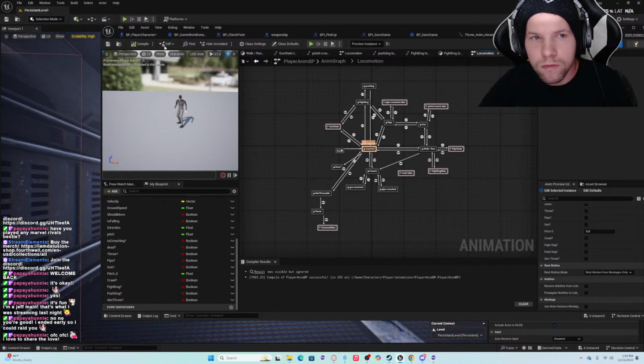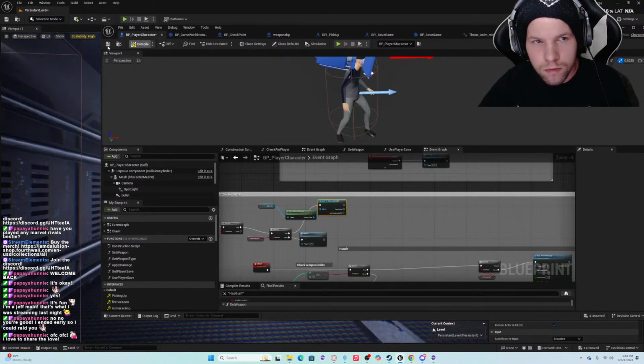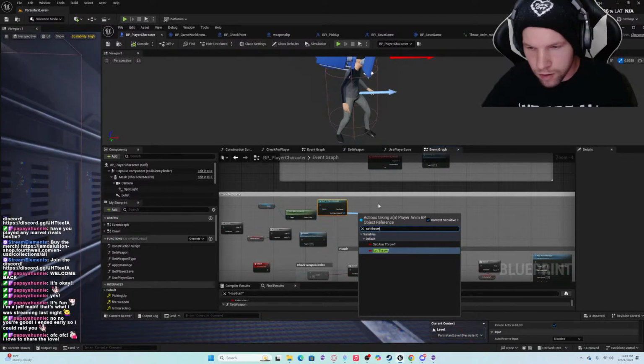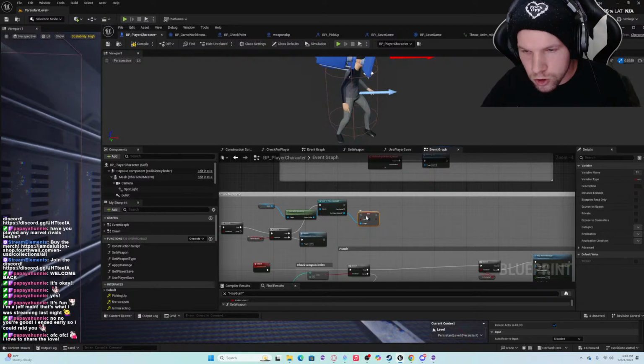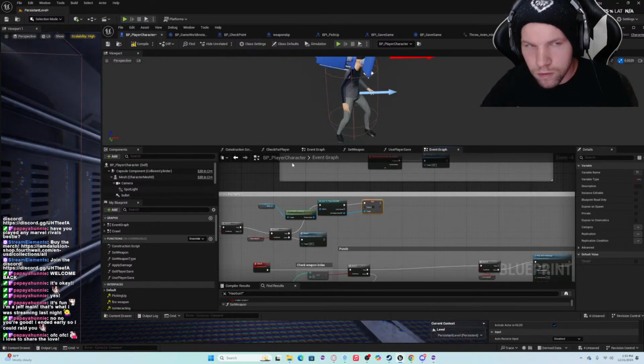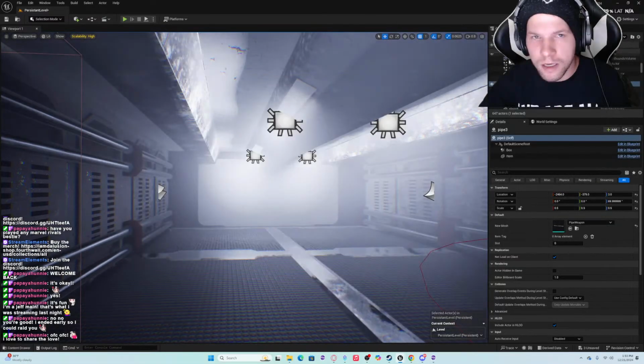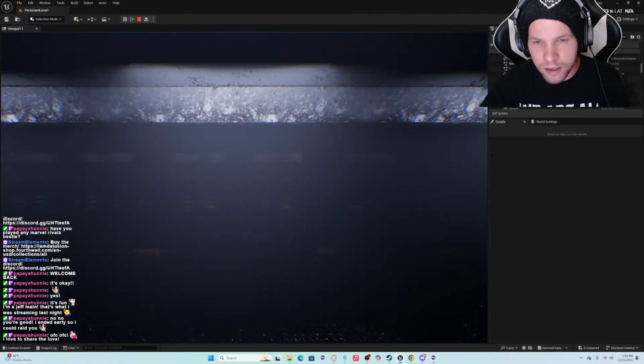Throw. Set throw to true. So now it's not gonna work the best, but it's a good testing point.